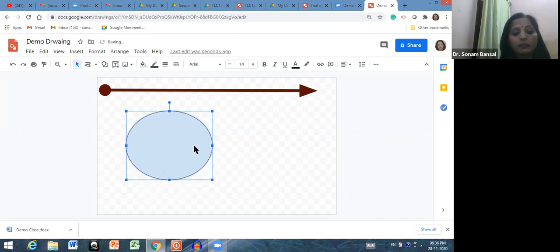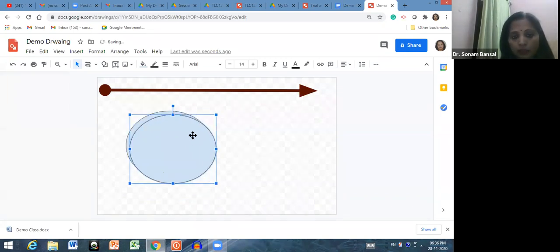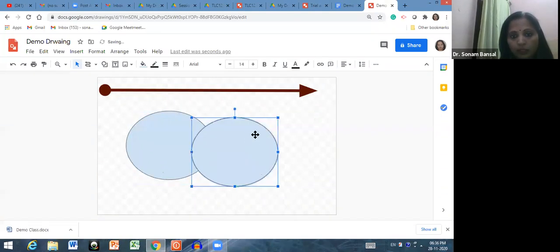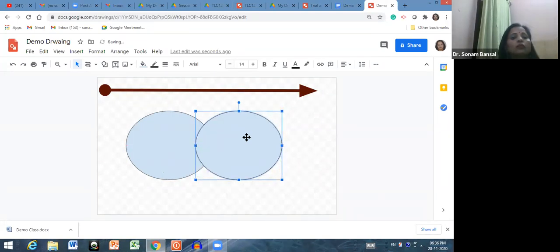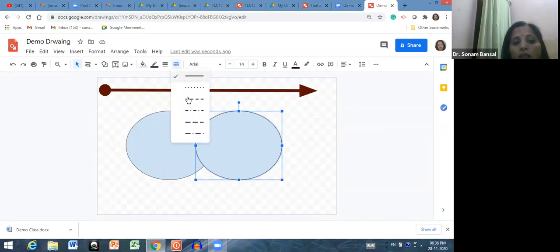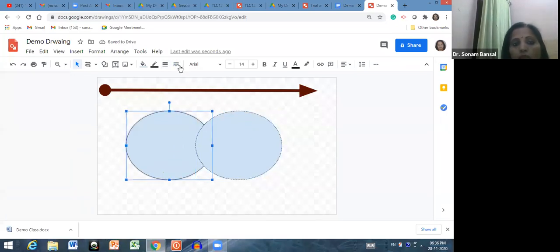And if you want to make a copy, then do Control D. And this is copied again. And you want the second image over here. You want to change the color, you want to make this transparent, then you can do that. You want this as a dotted line, then click on this and click on this dot.